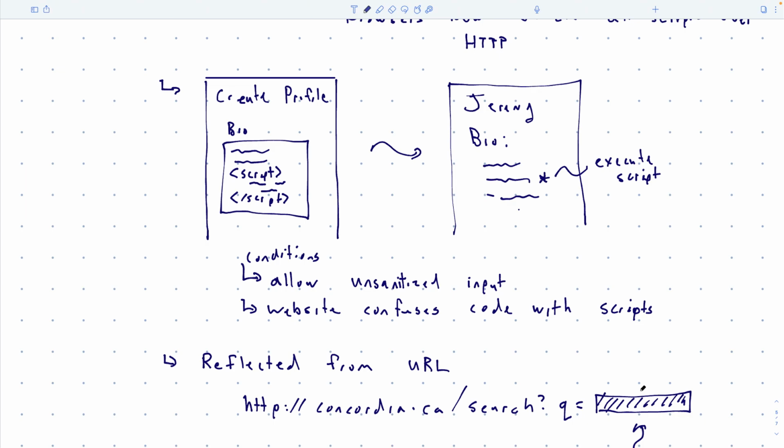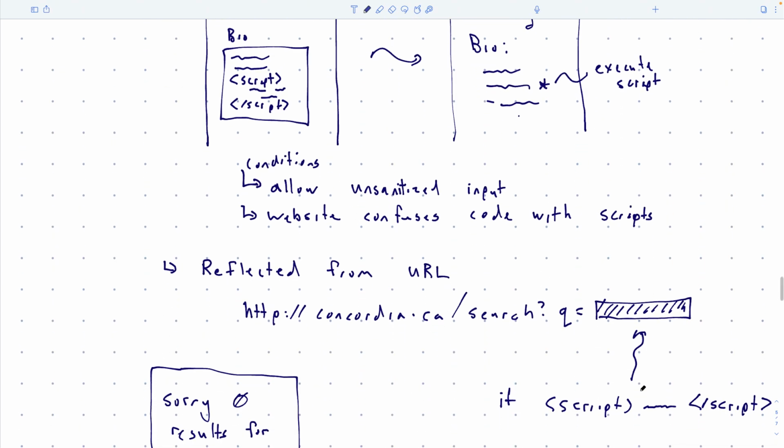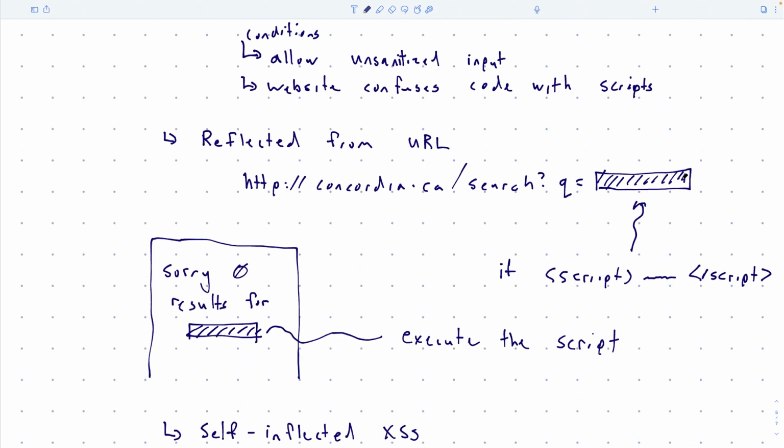But what some websites will do is they won't just say there are 0 results for that search. They might say there are 0 results for your search, and then repeat the term that you searched for. Like I searched for CF Montreal, and it says we found 100 results for CF Montreal, and it just copied and pasted what was in the URL into the website. So there's a bunch of JavaScript sitting here in script tags. There is a chance that when you see that results page, they grab that query and embed it in the page. So it says there are 0 results for, and then copy and pastes what you actually searched for, which has a script in it.